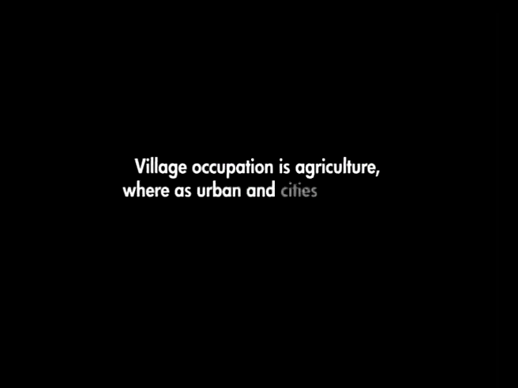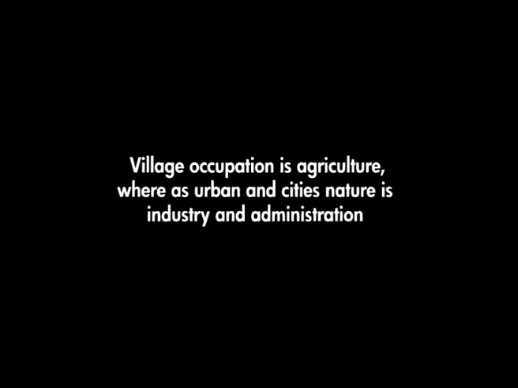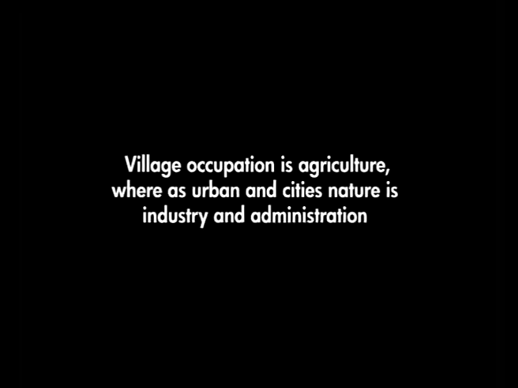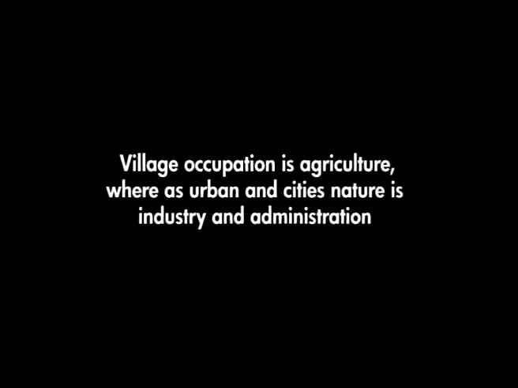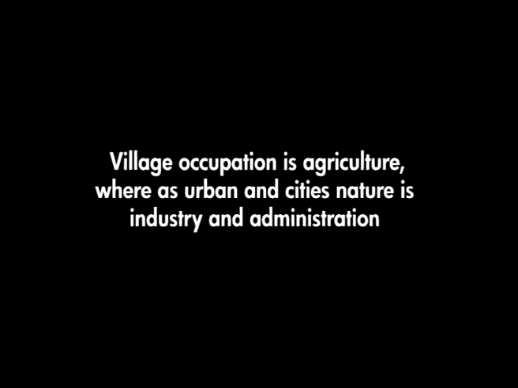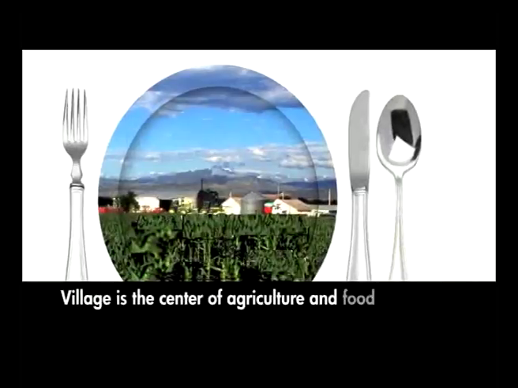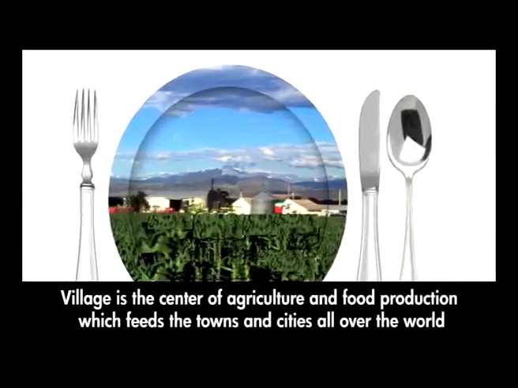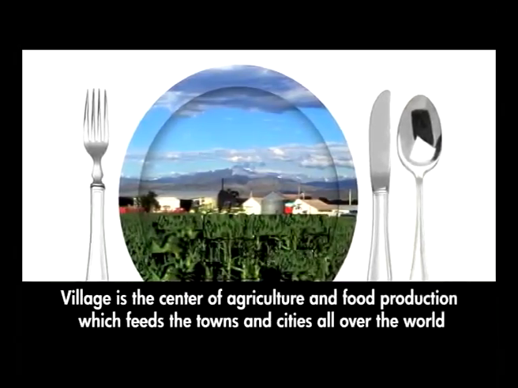Villages are said to be rural in nature, where agriculture is the main way of life, and cities and towns are said to be urban in nature, where industry and administration are the major occupations of the people. We will now look at the different ways in which urban and rural areas are linked in India and most of the world. Food. All over the world, it is the villages that are centers of agriculture and food production